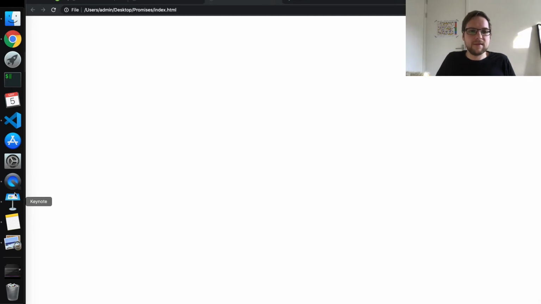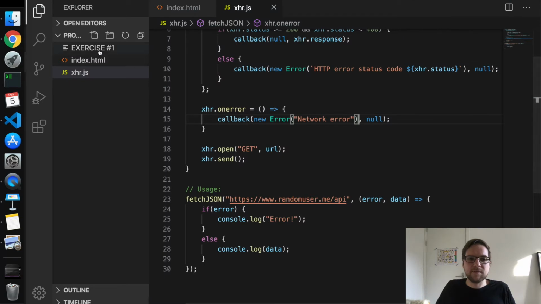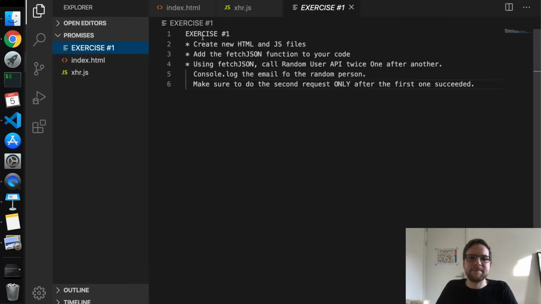And this is the exercise that we are going to do. Exercise number 1. So first of all, I want you to create HTML and JavaScript files just like I did. Then I want you to create the same fetch.json function and add this to your code. And lastly, which is the exercise itself, I want you to, using fetch.json, call the random